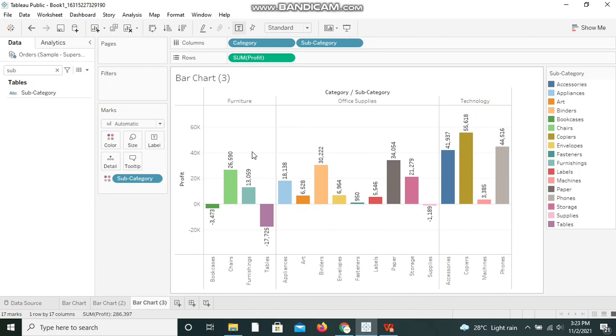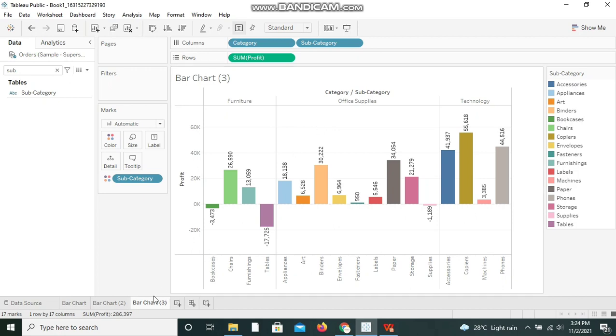Let's go and compare these values with the stacked bar chart. Both of them are the same, but the purpose is different. When we want to see each and every subcategory value individually instead of stacking it up, we can prefer this side by side bar chart. If you want to see whole values, in the form of summation or a whole aggregation, then we can prefer the stacked bar chart.